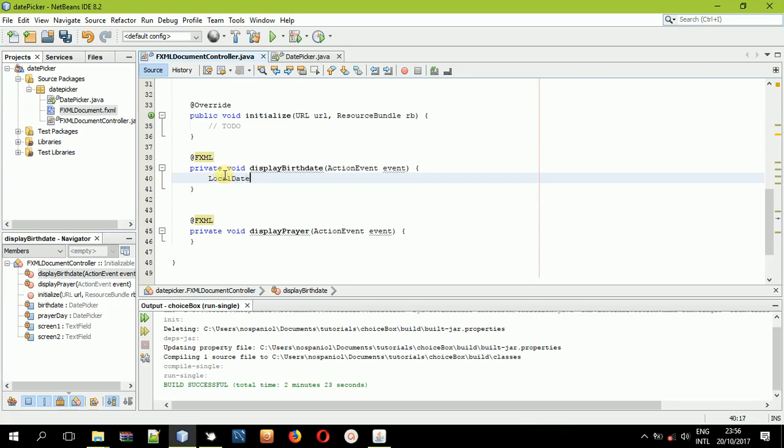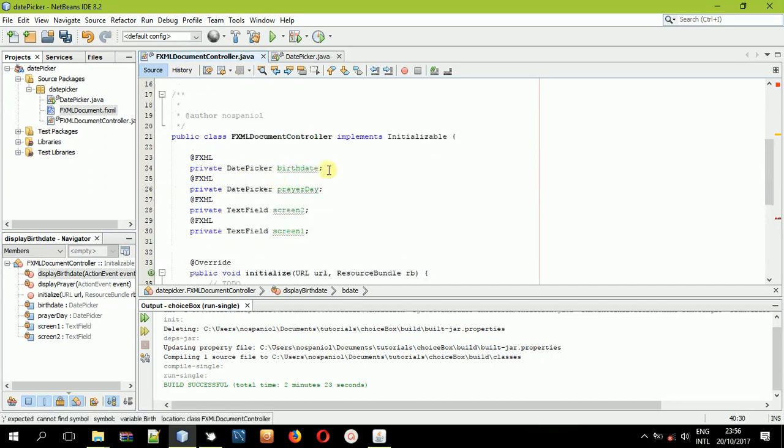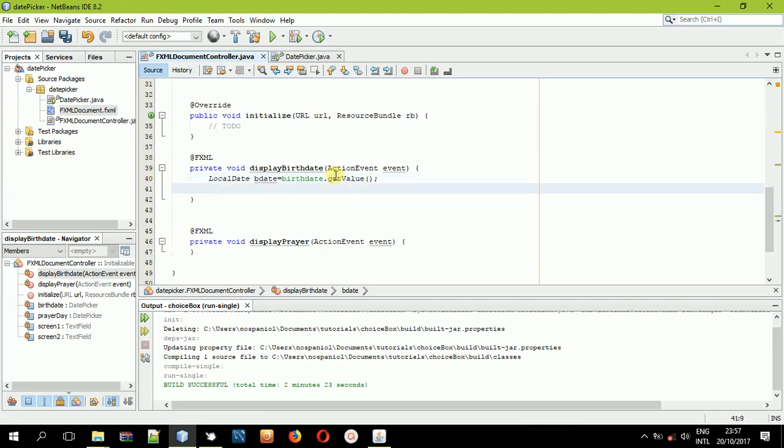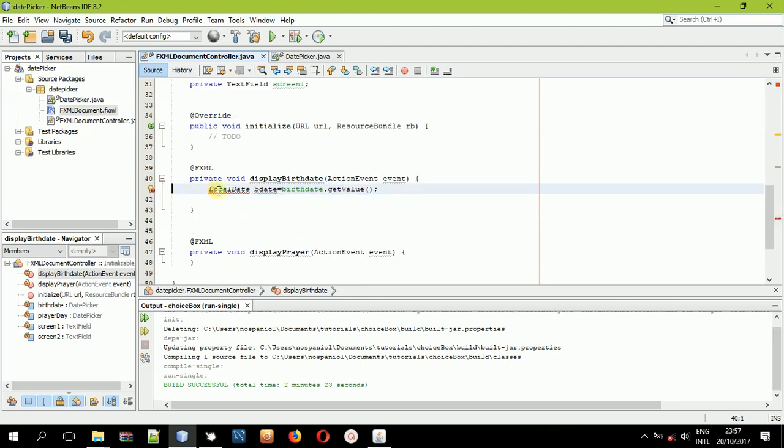You'll be using LocalDate. So LocalDate, that's the data type, and then let us call it bDate. The birth date is equal to birth. I don't know the ID. Oh, that was the ID. Just copy it. birthDate.getValue() with brackets. Then that's it. That's how you get the date from a date picker,